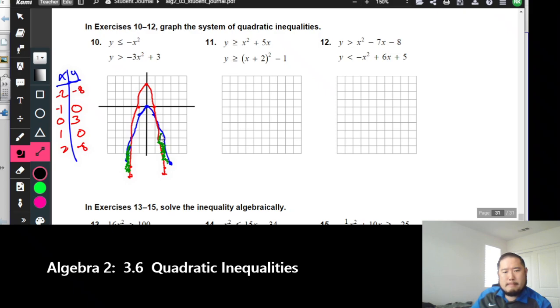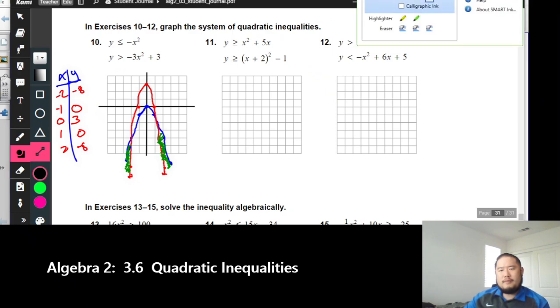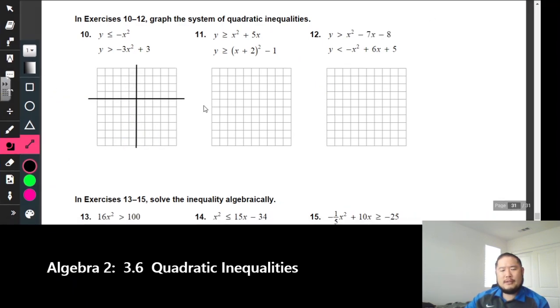Okay? And so by picking points, you'll hopefully eventually find, all right, this is a part that happens to work for both of them right here. And that is the exact spot where you want to shade, and only that spot. All right, but the only way to figure that out is by plugging in different points. So it can be a little tedious and time consuming, but it's not that bad. All right, let's go ahead and move on right here